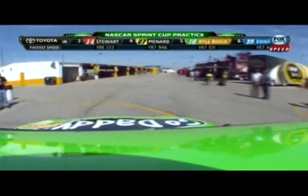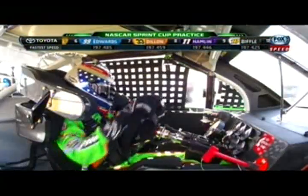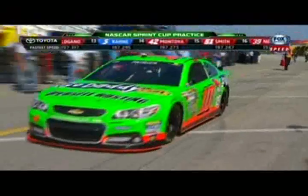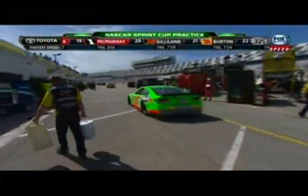And here comes Danica through the garage in her GoDaddy Chevrolet, working the route that will bring her around past the inspection station and out onto pit road. It is a V-shaped garage. There's 24 stalls on one side and about the same number on the other, and without a lot of owner points from 2012, this team is on the back side of the V, so it's a long way to go